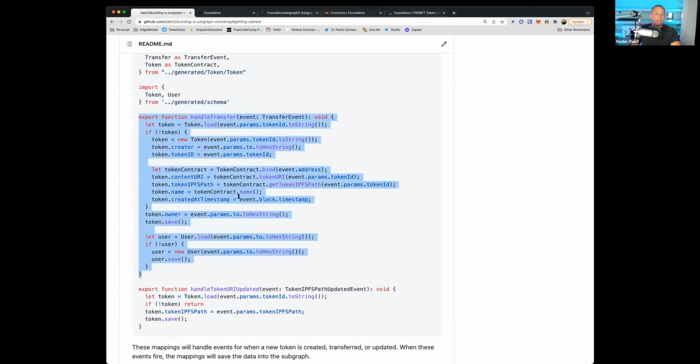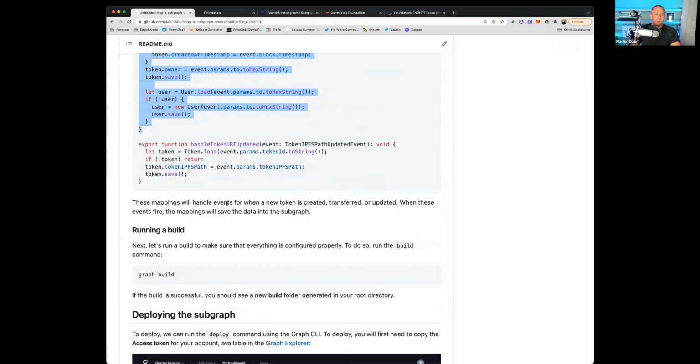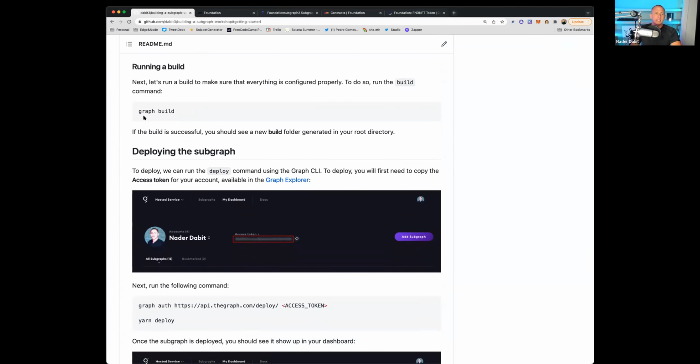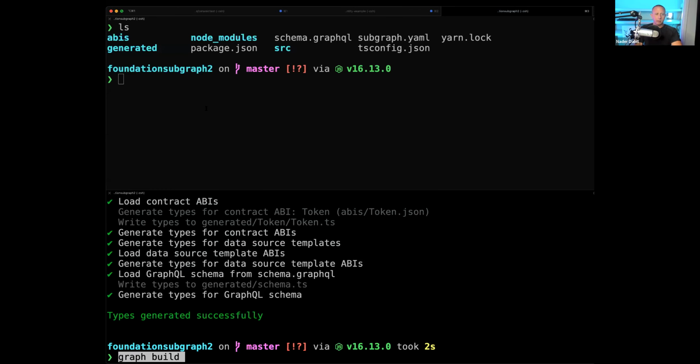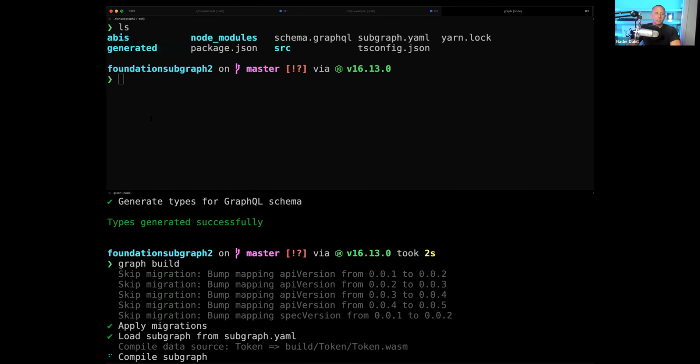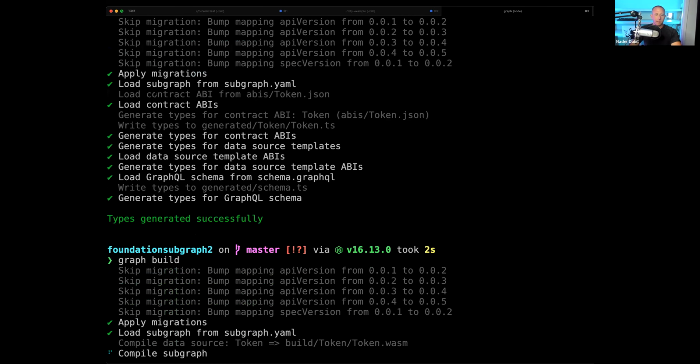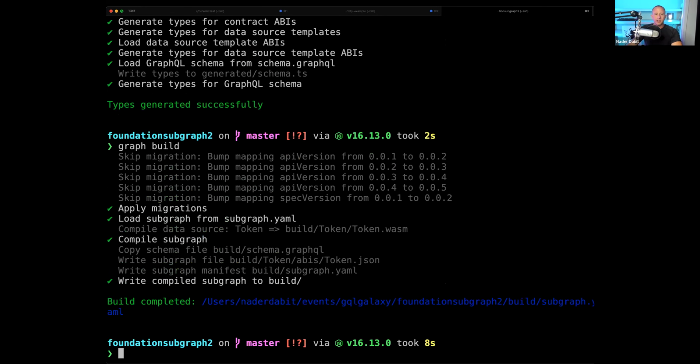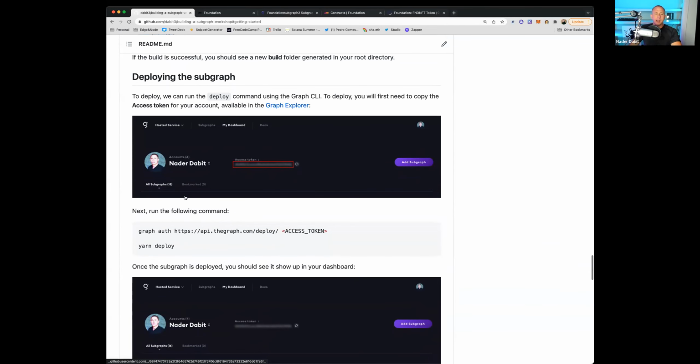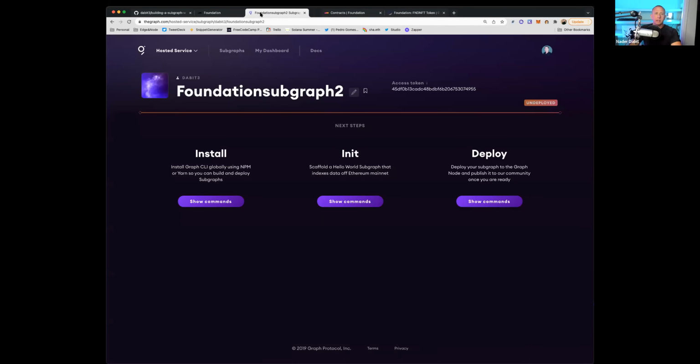So from there, we've written all the code that we need to make this work. So we can run a build just to test out that our build is working by running graph build. And if this works, we should be able to go ahead and deploy. So the build worked successfully. So I'm going to go back now to the dashboard here, and I'm going to need this access token in just a moment.